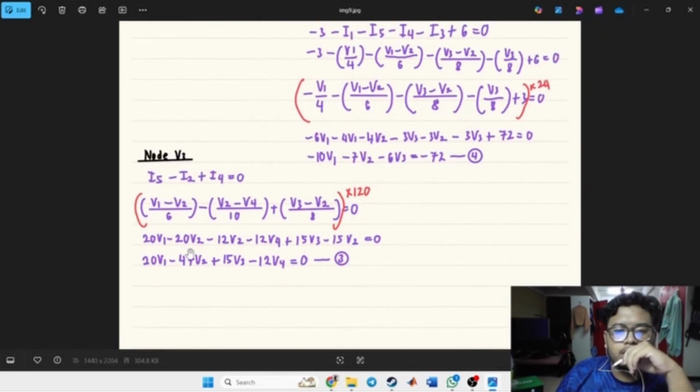And then we solve the equation and get the last for equation 3, node V3: 20v1 minus 47v2 plus 15v3 minus 12v4 equal to 0.